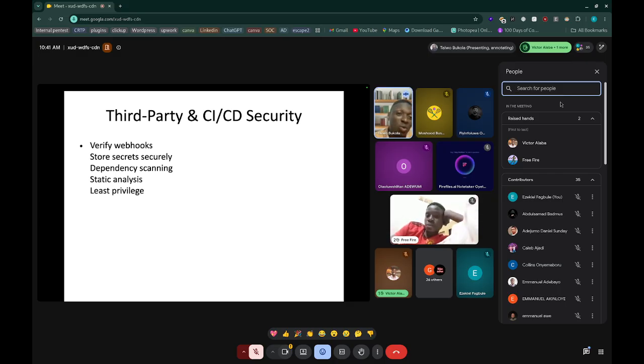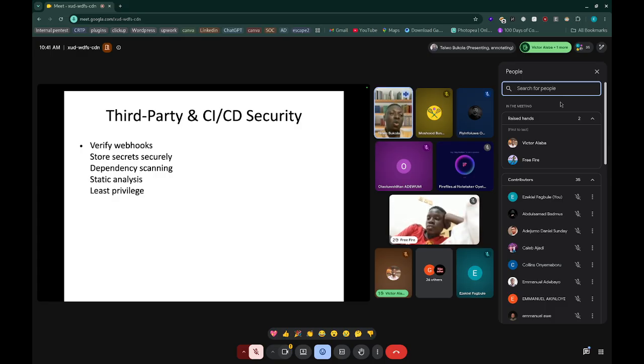And when you are working with a third party that sends you webhooks, you don't blindly rely on the webhooks. When you receive a webhook, the first thing you do is check the signing. Most webhook providers sign the requests they send, and that is to ensure that somebody is not sending you a vague response, right?